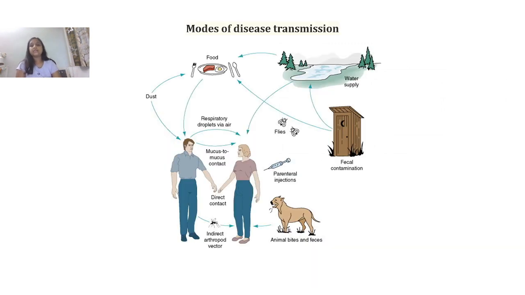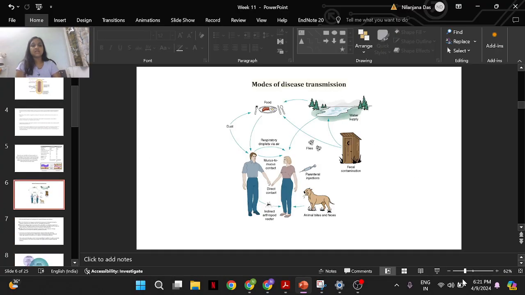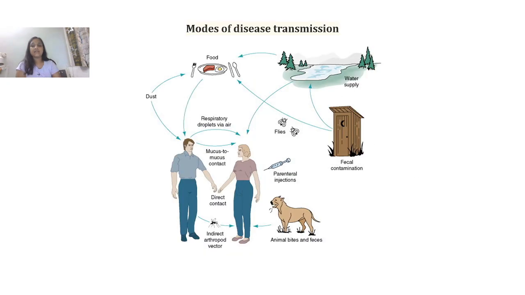So as I already told, modes of disease transmission can be various. It can spread from food, which is one of the most common sources of infection by bacteria, because many times what happens, we eat outside, where food is not that hygienic, and there is the case of food poisoning. And also one of the most important things is water, then fecal contamination, or flies which carry those bacteria,